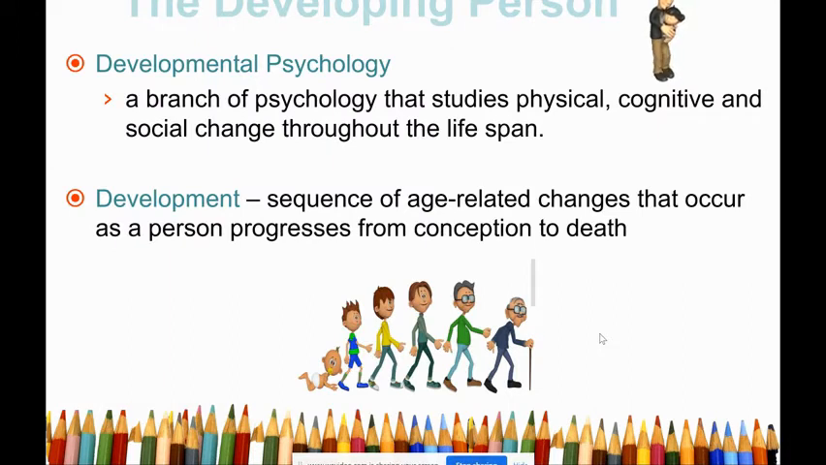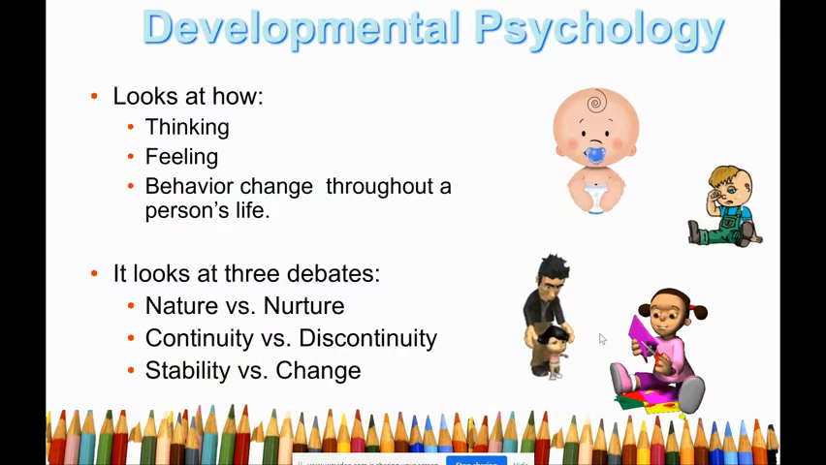When we talk about developmental psychology, we're talking about the study of the physical, cognitive, and social changes that a person makes throughout the span of their life from womb to tomb, as they like to say. And development itself is that sequence of age related changes that occur as a person progresses from conception all the way to death. So, we'll be looking at how our thinking, feeling, behavior, all of those things